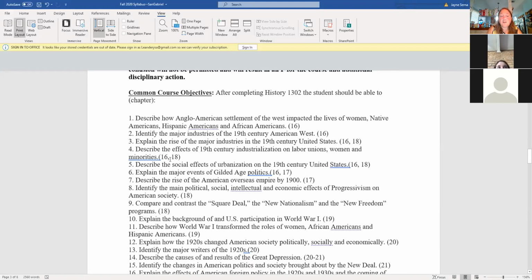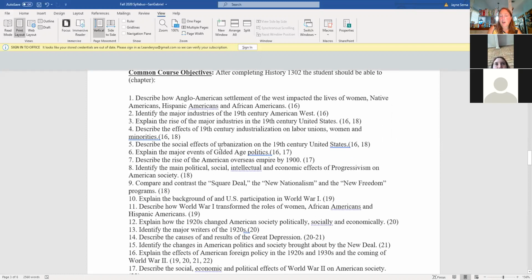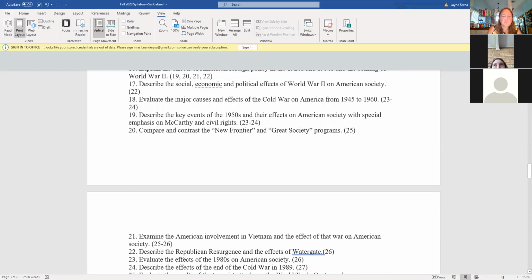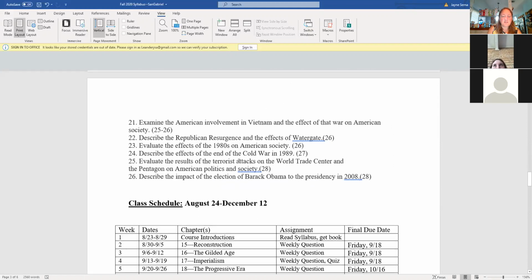All right, the Common Course Objectives, that's just the list of everything that you're supposed to know by the time we're done. And I put in parentheses what chapter you would find those things in. These are not direct questions that I'm asking you, so this is something I'm required to put on the syllabus. And if you look over those when we're done, you'll go like, yeah, I know that. So, a big long list, which I'm not going to read.